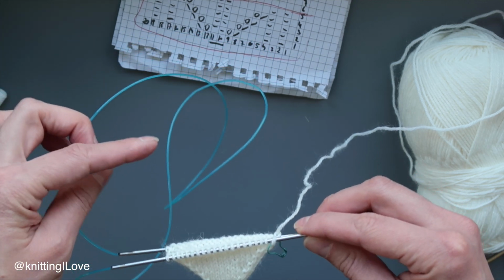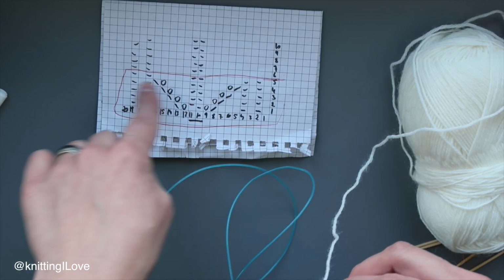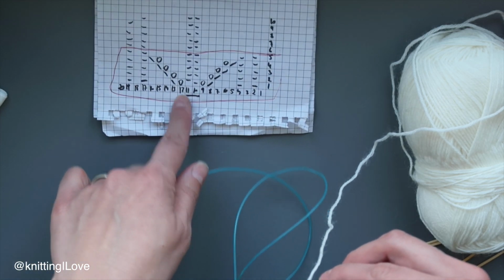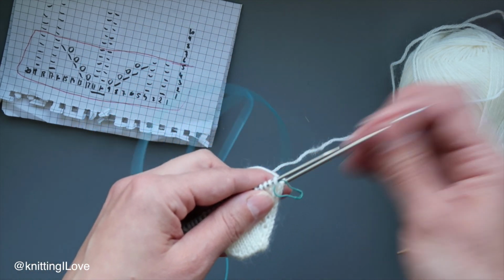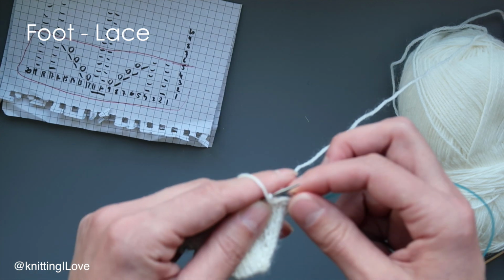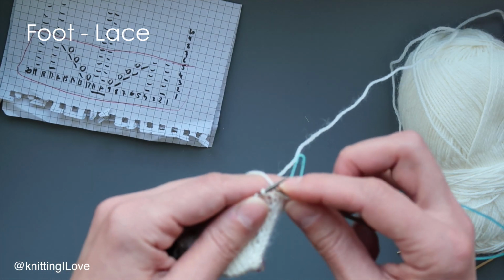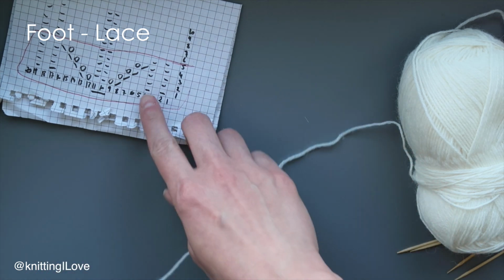Get to the top when I know when I'm going to put the heel and I want to start knitting cuff, I can actually knit this on both sides. But so far, just on one. So we're going to knit, purl, knit, purl,